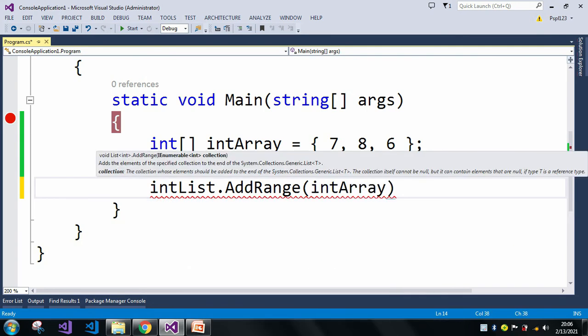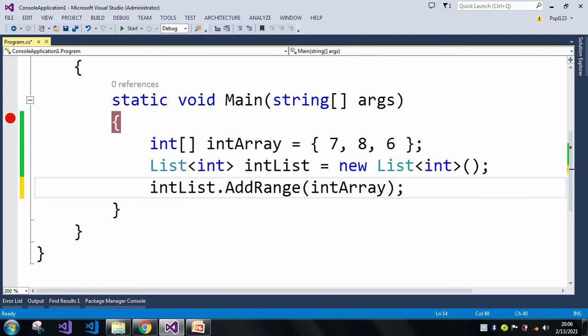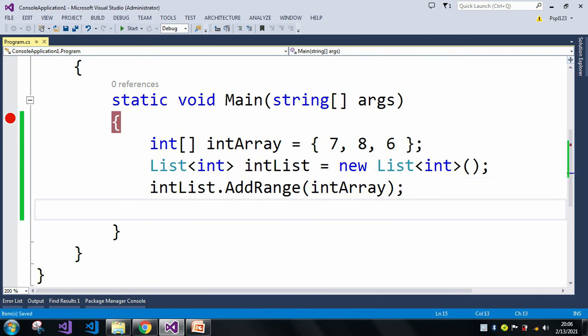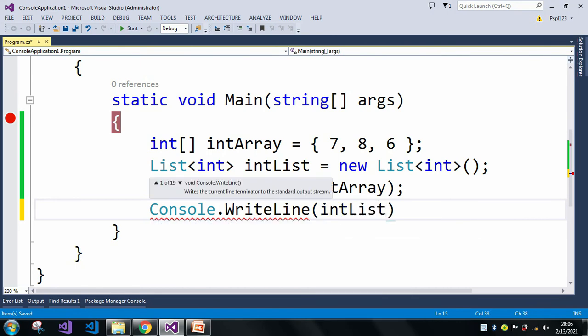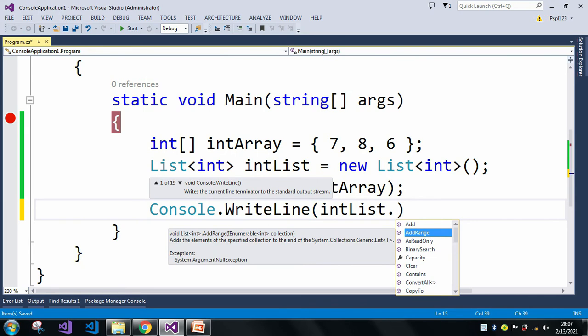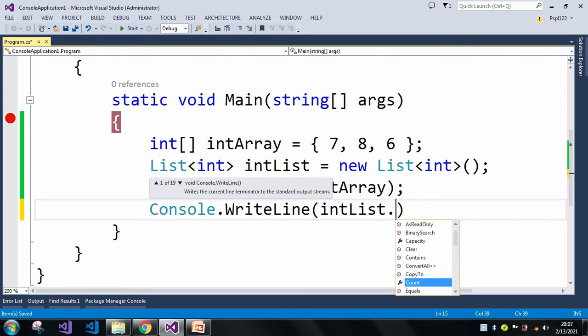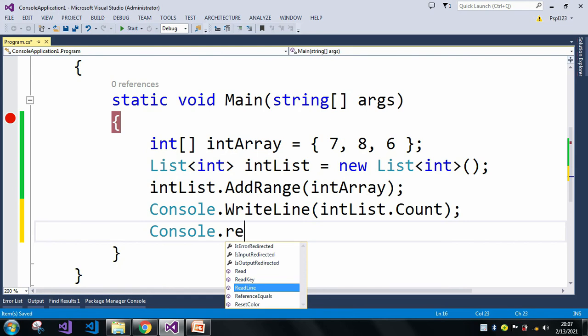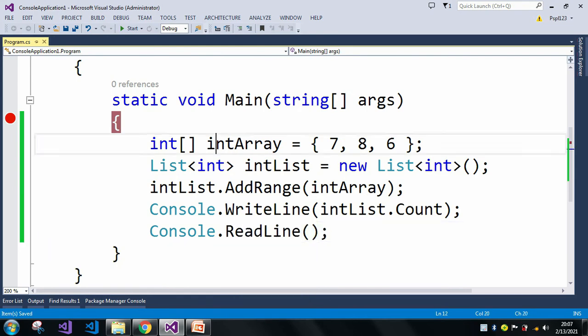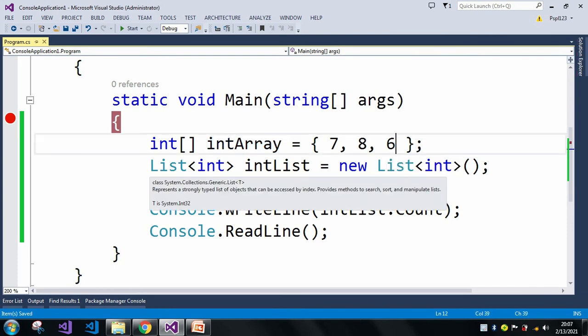So now let me print the length of my int list. Here, first of all, I created an int array which contains three values. I can take more than that.